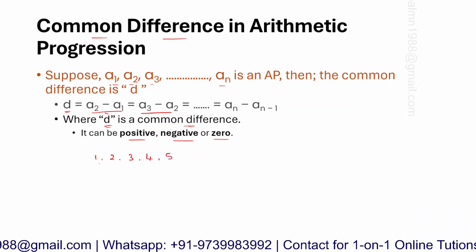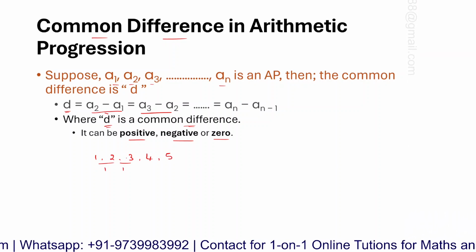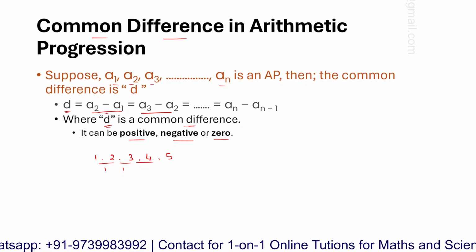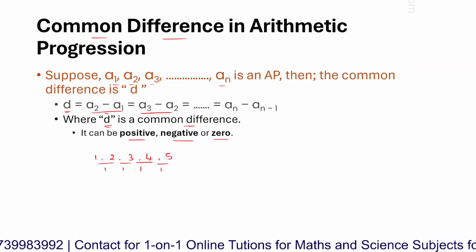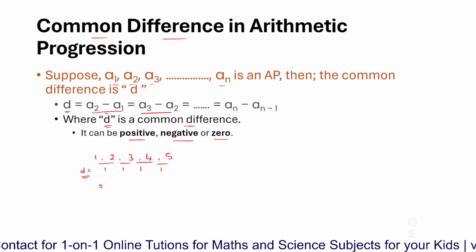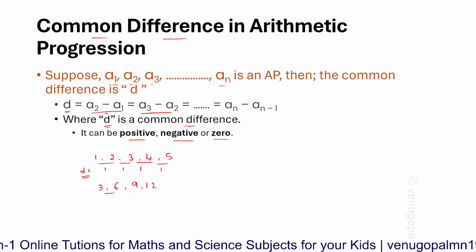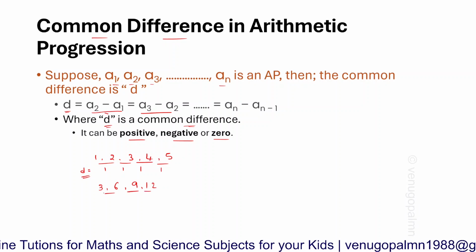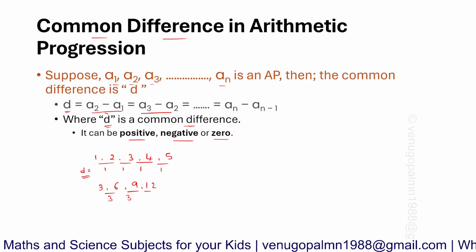between these numbers? 2 minus 1 is 1, the third term minus second term is 1, and the fourth term minus third term is 1. So here in this case, D is equal to 1. Similarly, if you take 3 6 9 12, in this case, what would be the common difference? 6 minus 3 is equal to 3, 9 minus 6 is equal to 3, and 12 minus 9